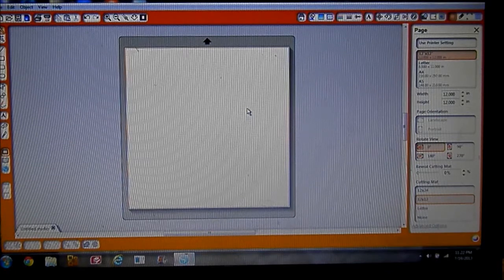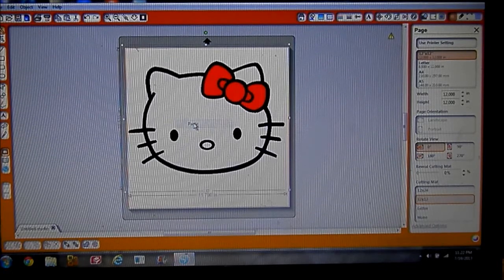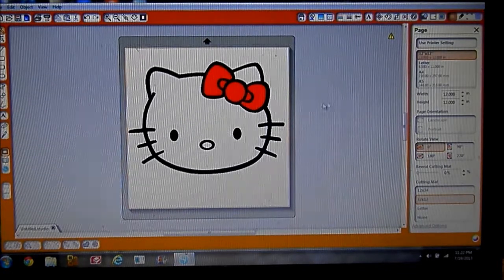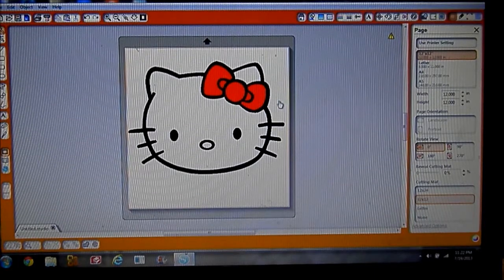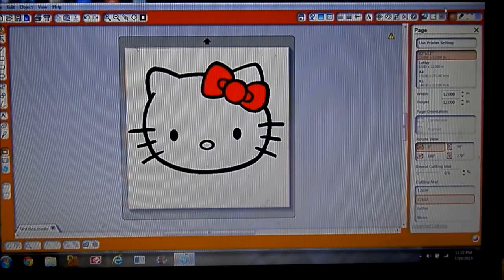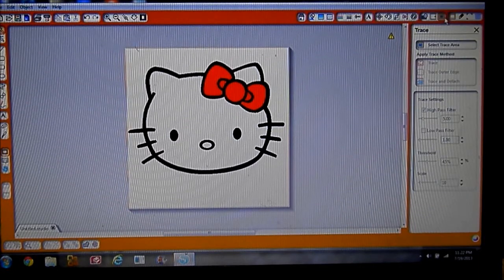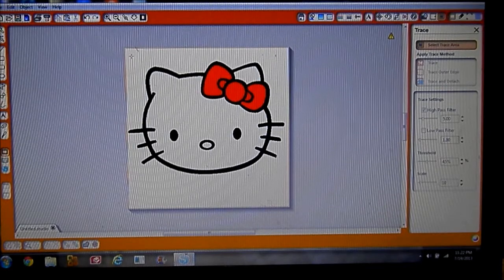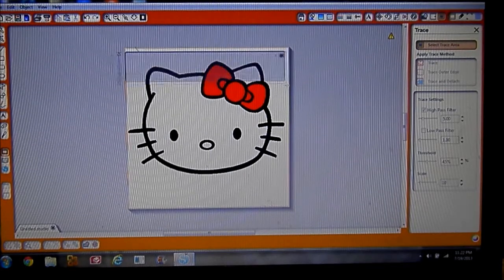Hello Kitty invitations. So the first thing I did was Google search images for a Hello Kitty image that I like, and I copied it, and I'm going to paste it here. And then I am going to select my trace window, which is this up here at the right. If you see my mouse moving in the right hand corner, the top toolbar square with the blue square in the center. So select that and then select trace area, and I'm going to bring it back over here and